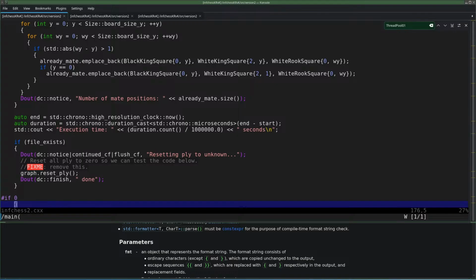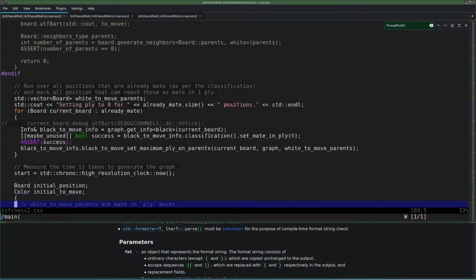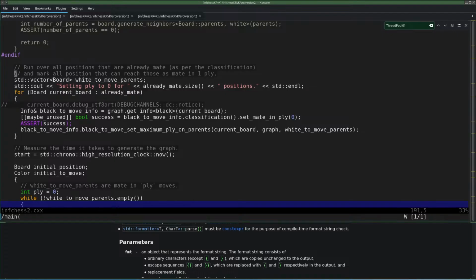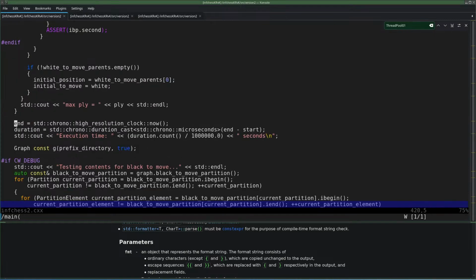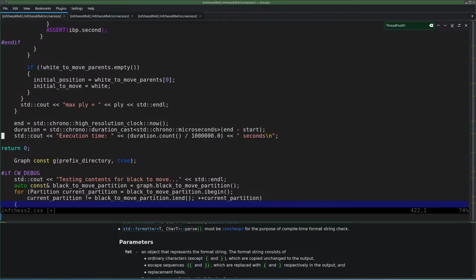So this is not being done. And then we run over all positions that are already made. Let's fill that in, generate apply here. And then we get here. Let's not do this then. Let's just stop here. Return 0. After this,